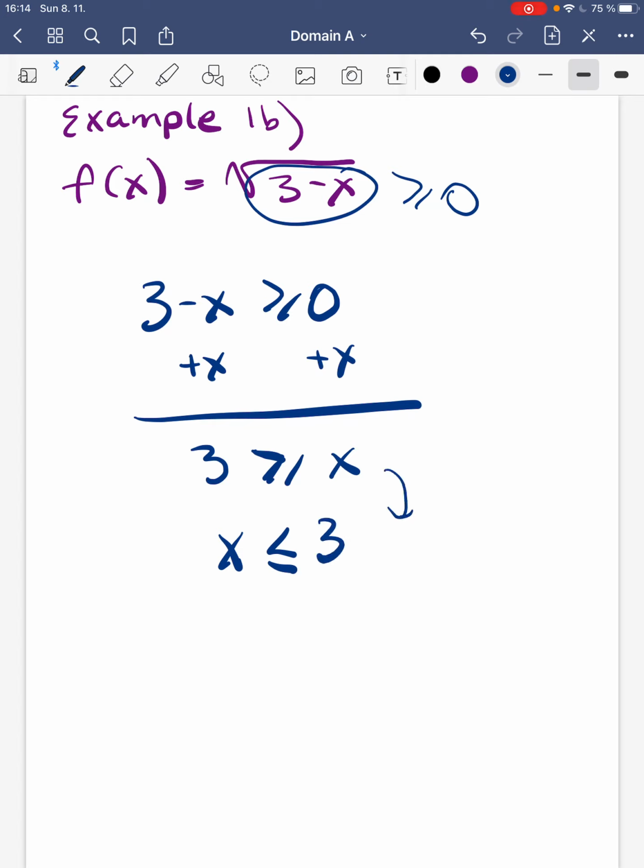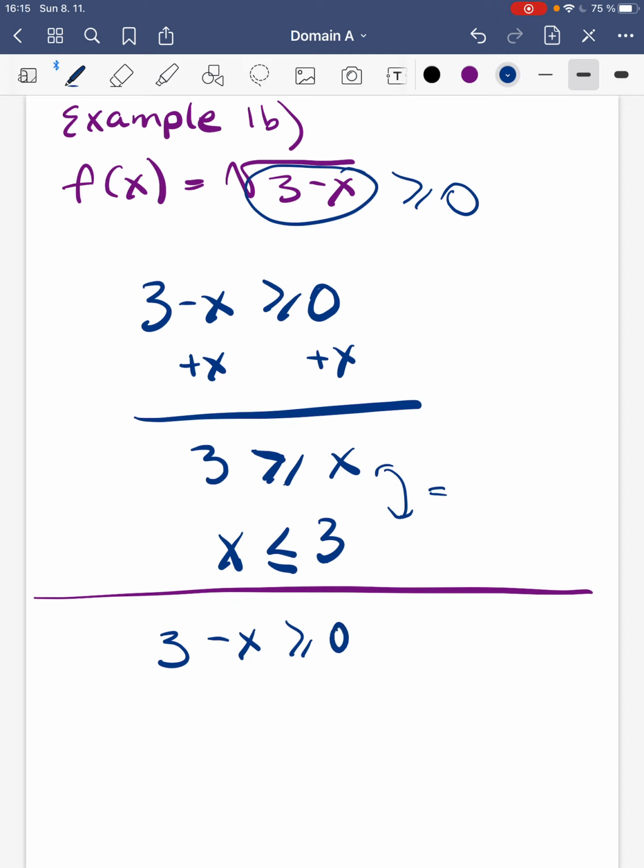And like this, these two are equal things. So you can say 3 is larger than or equal to x, or x is less than or equal to 3. They're the same. They're equal statements. But now, what if you didn't add x to both sides, and let's say you solved this by doing